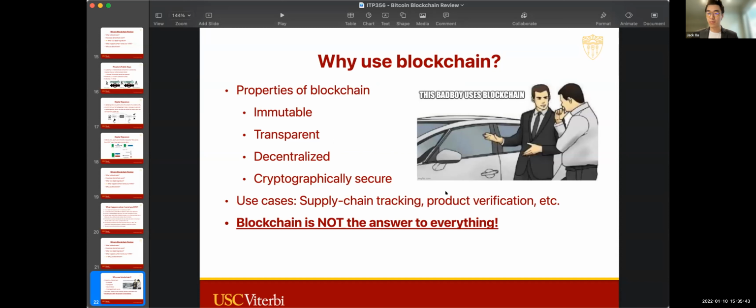So actually some brands also use the blockchain for product verification to see if it's genuine or fake or counterfeit, right? But the blockchain is not the answer to everything. If you were around in 2017, 2018, you'll remember that every single startup had to slap the word blockchain onto their pitch deck. Suddenly, this toilet is blockchain enabled. It's probably not, but everything was blockchain. But blockchain is not the answer to everything, because